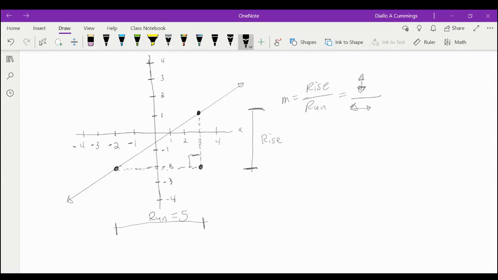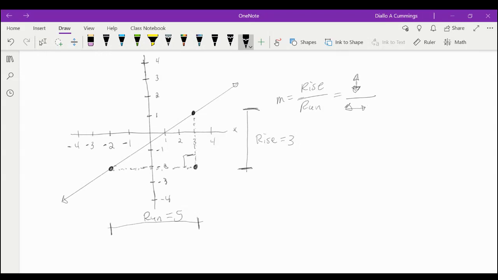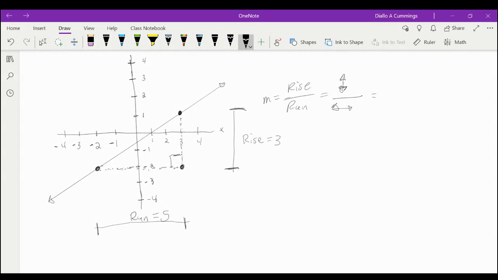Can everybody see that? Now I'm going to count the distance from here to here. That distance is 1, 2, 3. So what is the slope? I'm going to put my rise, which is 3, over my run, which is 5. So this slope